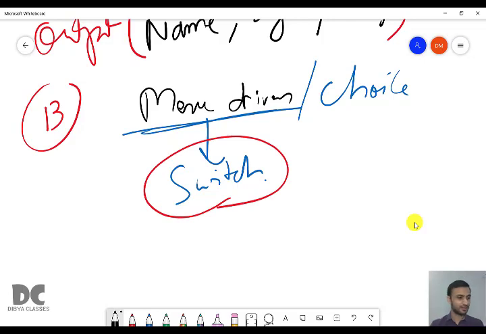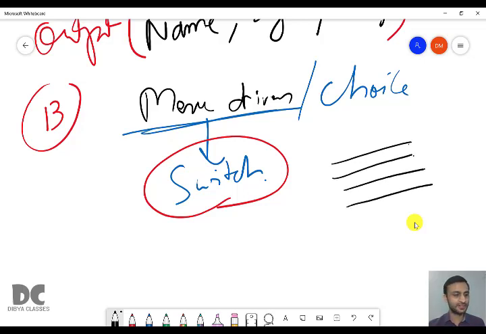So here you have to write a menu driven program to find addition, subtraction, multiplication, division and modular division of any two numbers.